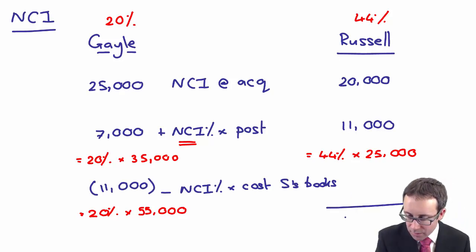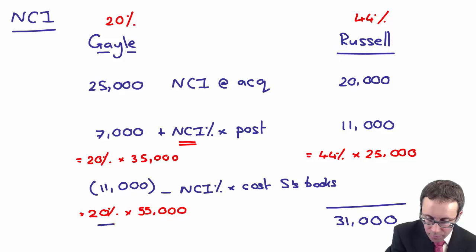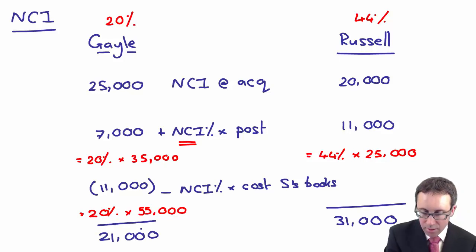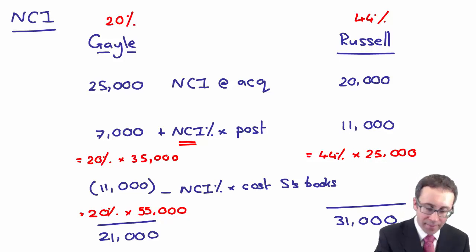I think that there gives me 11,000. When you total everything up, I think you have 31. And is it 21,000? Okay. So again,